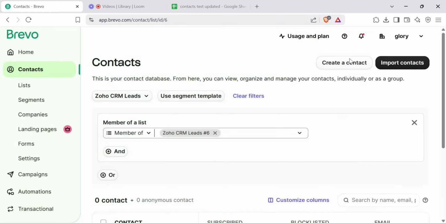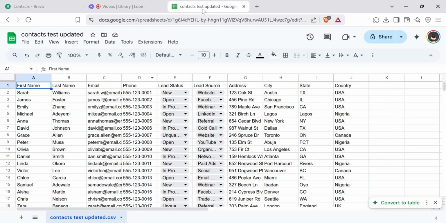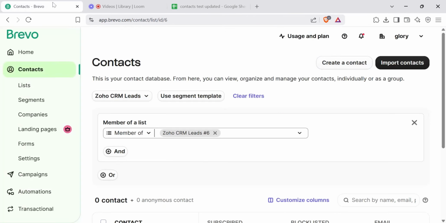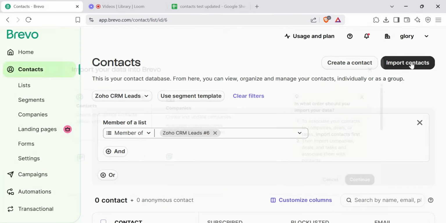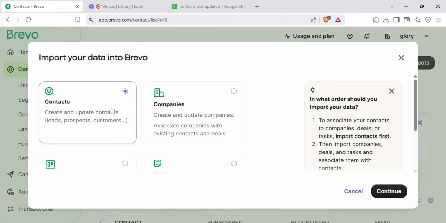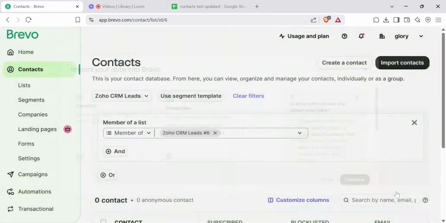The first thing you want to do is make sure to go back into your Excel file, and make sure you have all of these fields in Brevo, because if you do not have those fields, you cannot map them out in Brevo. So you go into Brevo and you click on import contact. For the purpose of this tutorial, we are clicking on contact. You can also import companies if you want, but we're importing contacts. So you click on continue,